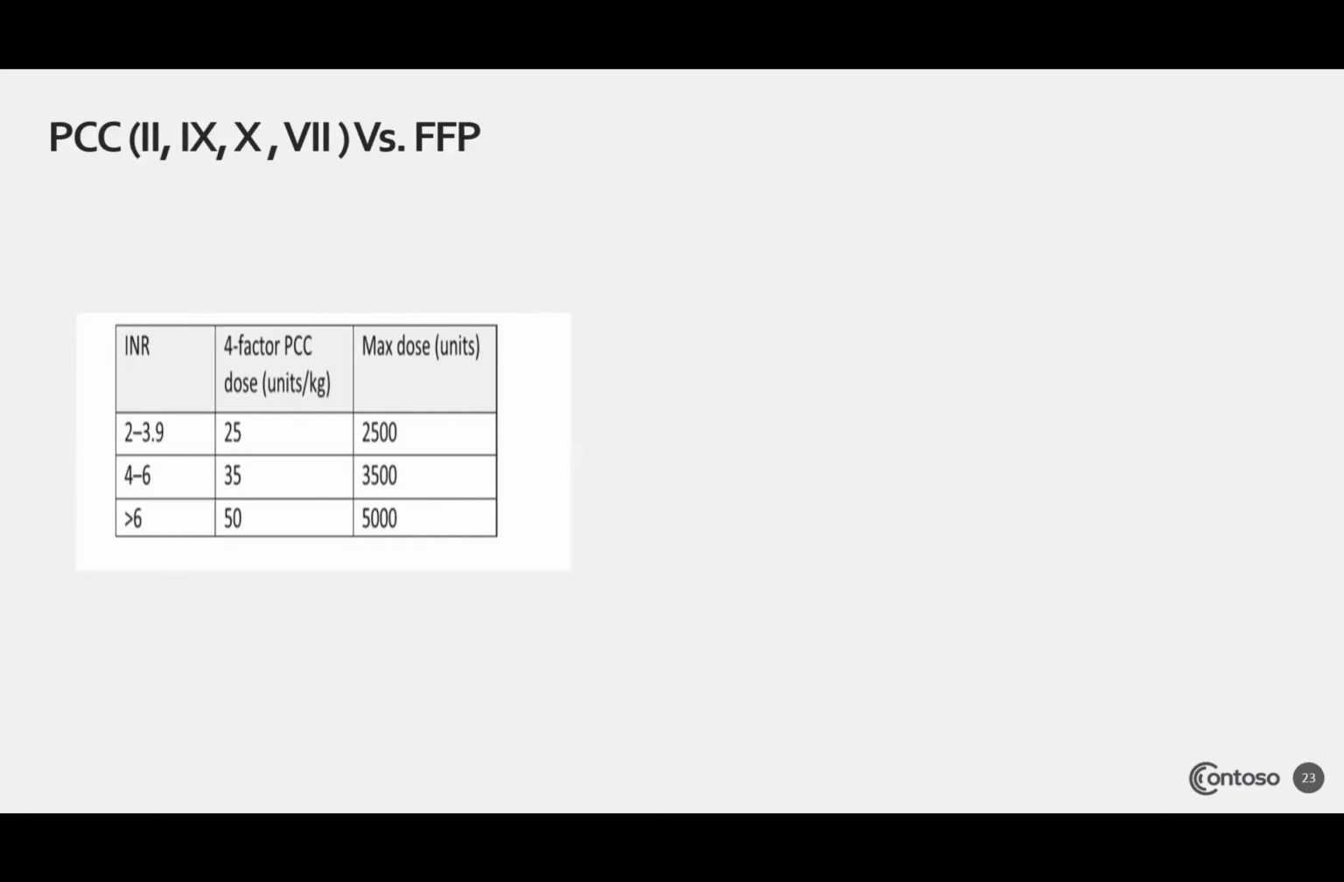So prothrombin complex concentrate and fresh frozen plasma, what is the difference between them? Prothrombin complex concentrate, we will give the doses. The dose will be units per kg, and the total dose will be units, depending on the INR. The doses will depend on the INR of the patient, and it contains 4 factors: factor 2, factor 9, factor 7, and factor